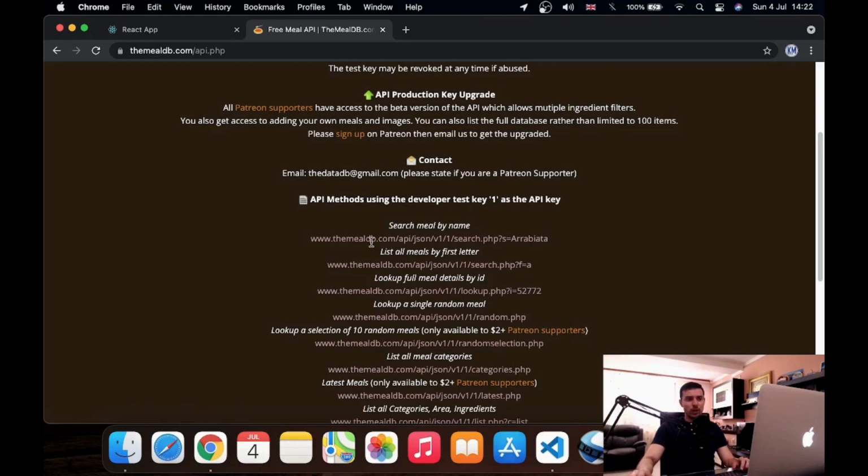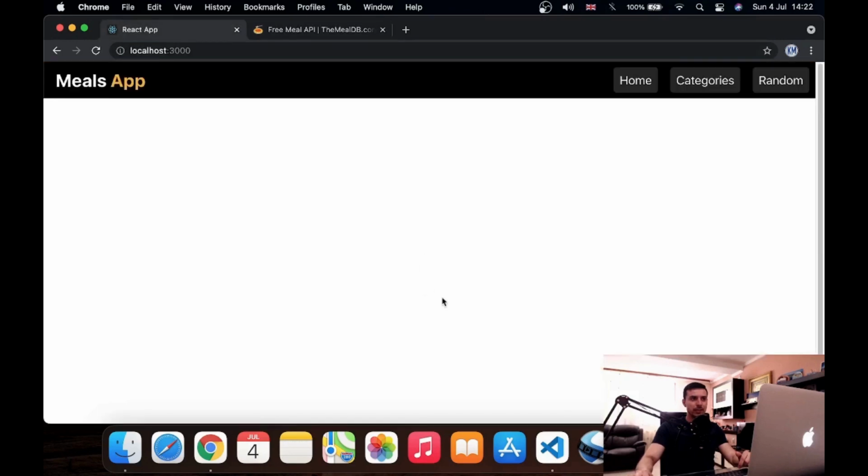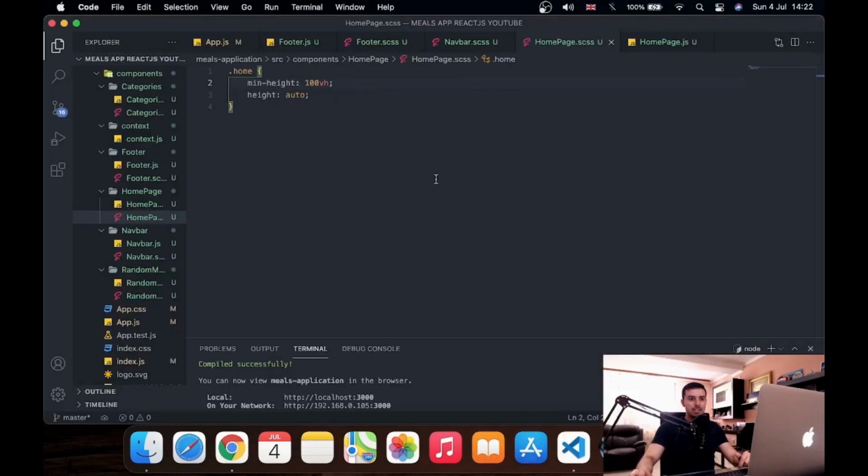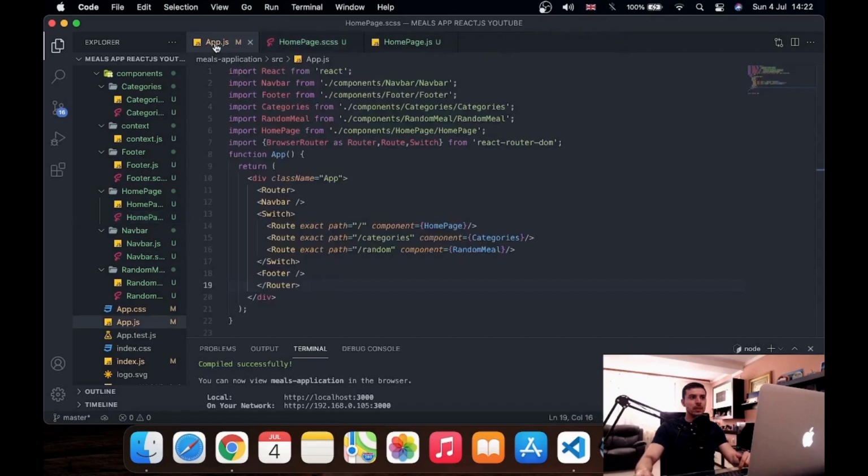What we will be using from here is this search meal by name. We'll be using this route for look up a single random meal and list all meal categories. So we'll come back here later. Now let's open our Visual Studio Code, close all those files for the moment, leave the app,